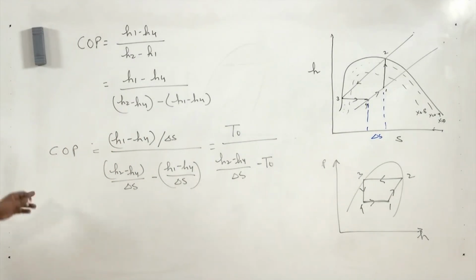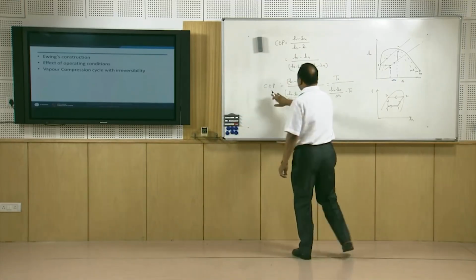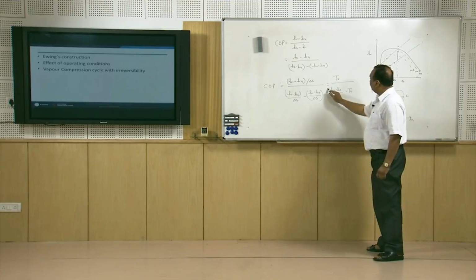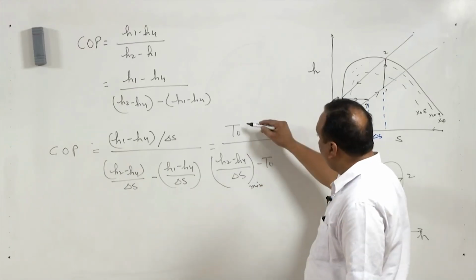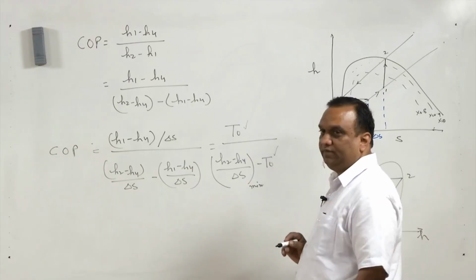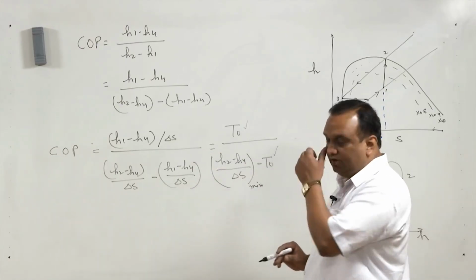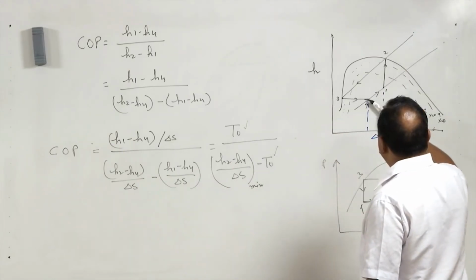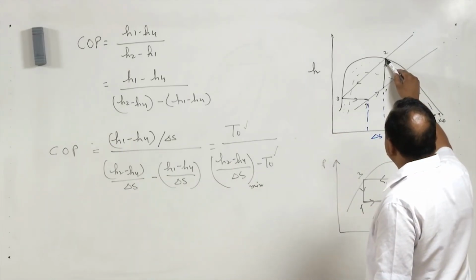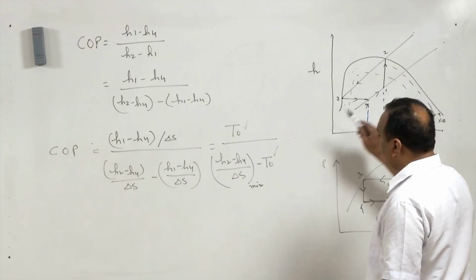This is equal to the COP of the system. Now, here in this case, the COP is going to be maximum when this is minimum, because TO is fixed, TO cannot be changed, but we have to ensure that this is minimum. In that case, this expression means H2 minus H4, enthalpy of the vapor after compression minus enthalpy of the vapor after expansion, or at the entry of the evaporator,